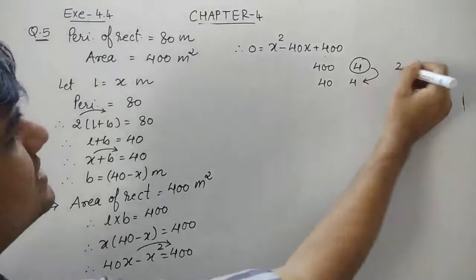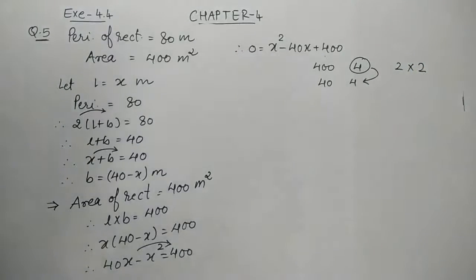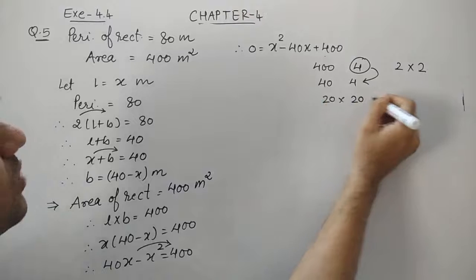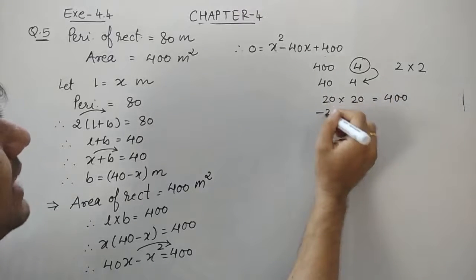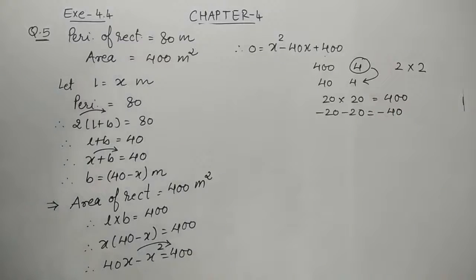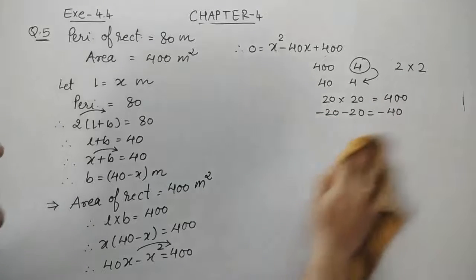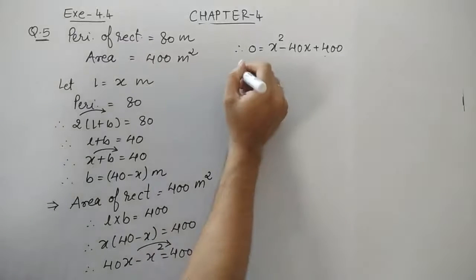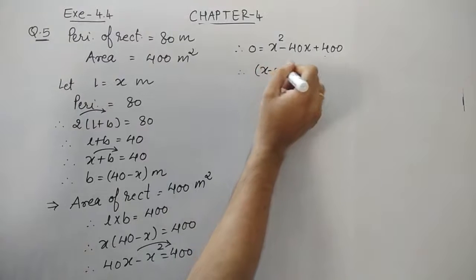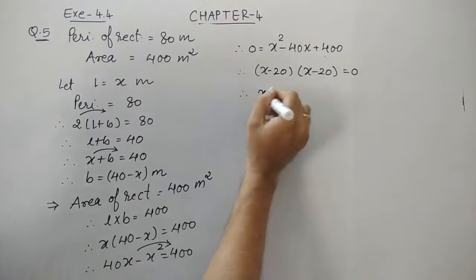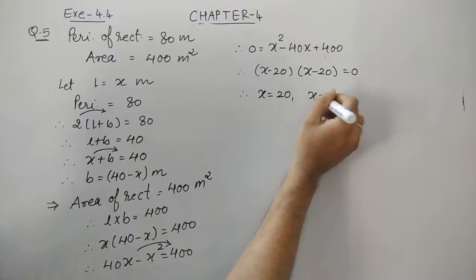So the factors are quite easy, 2 2s are 4. So 2 plus 2 is 4. As 2 into 2, we should add a 0. So 20 20s are 400 and minus 20 minus 20, that is minus 40. So we come to the conclusion that this must be a perfect square trinomial because it has equal roots, minus 20 and minus 20. So just note it down. So the factors are x minus 20 the whole square, or you can write it 2 times. So there are 2 possible values of x, that is 20 and 20.